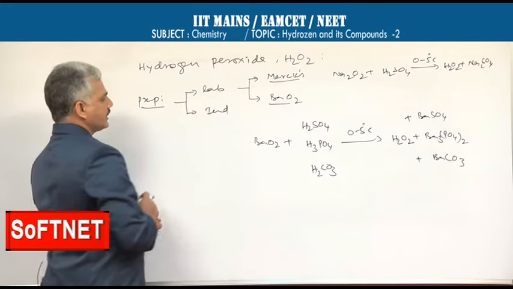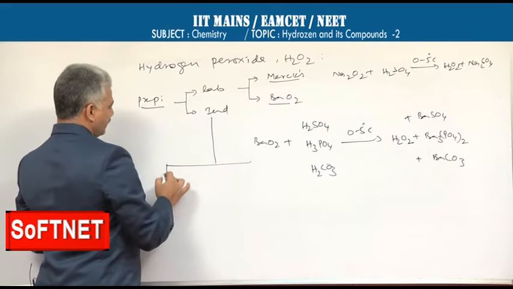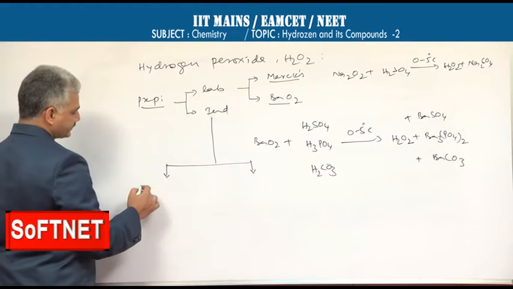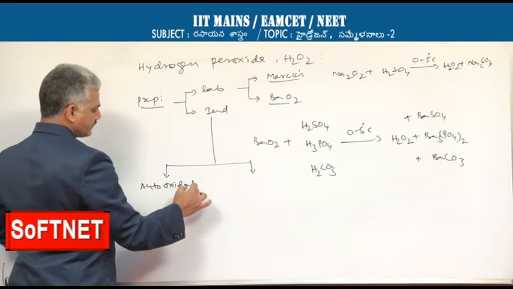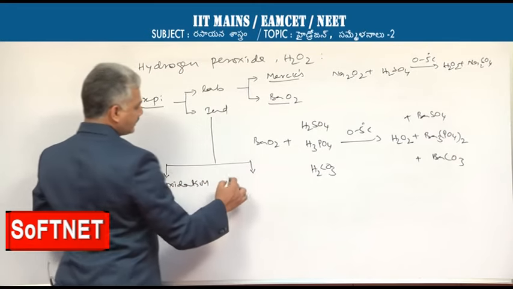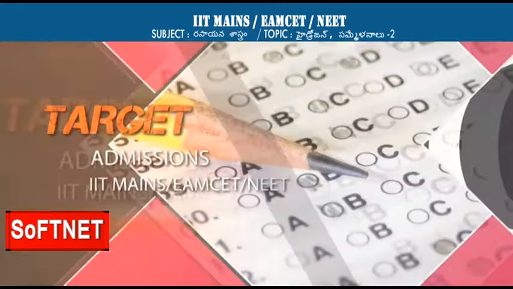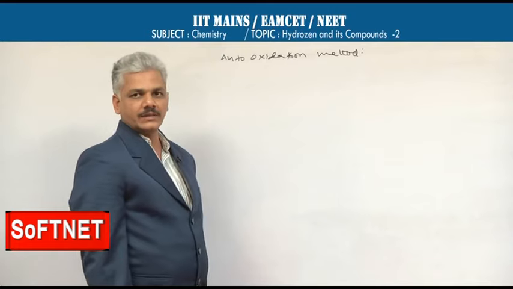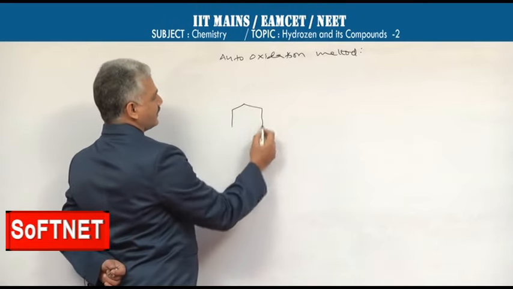Coming to industrial methods, hydrogen peroxide is prepared on a large scale by two methods. One is called the auto oxidation method and another one is called the electrolysis method. Preparation of hydrogen peroxide by auto oxidation method. In this method, we begin the process with